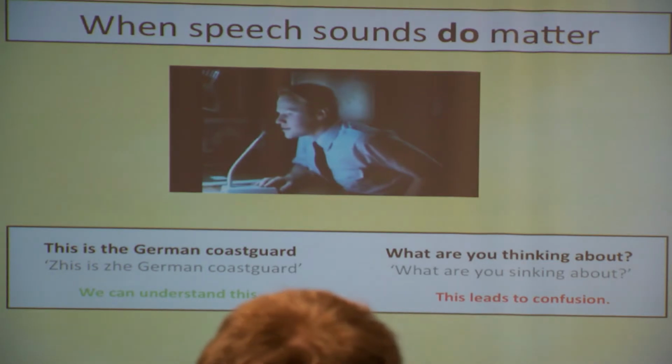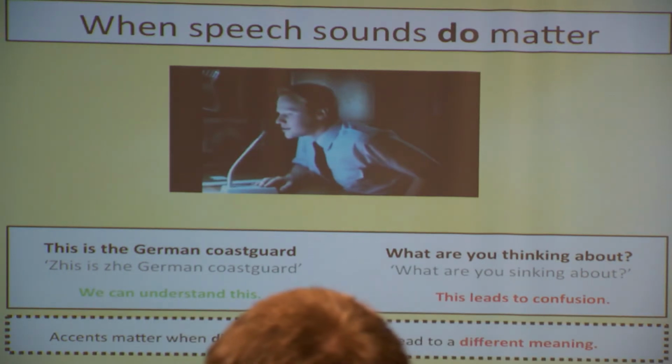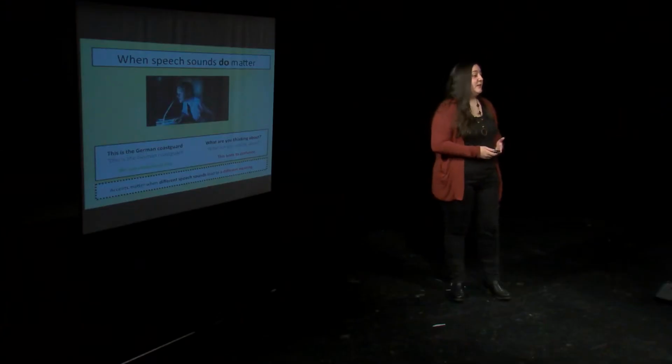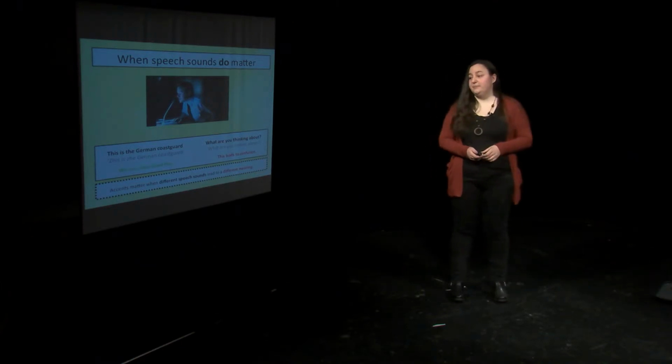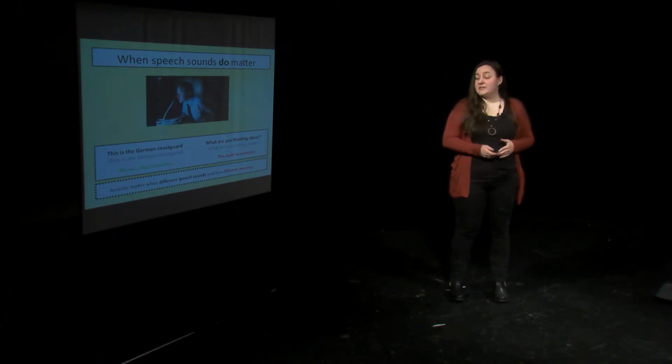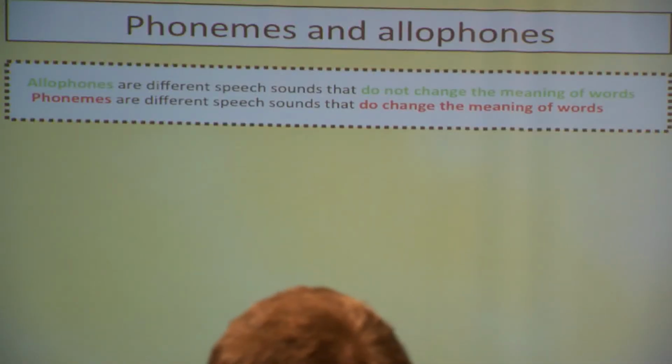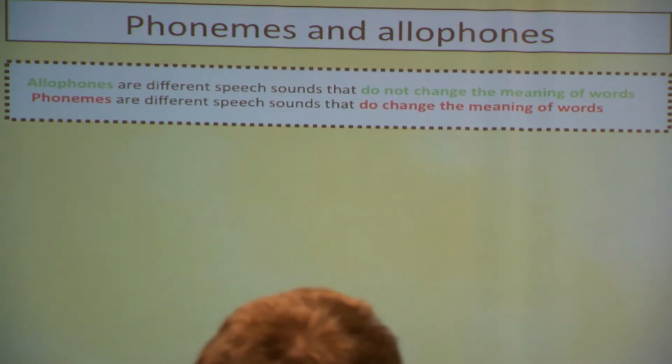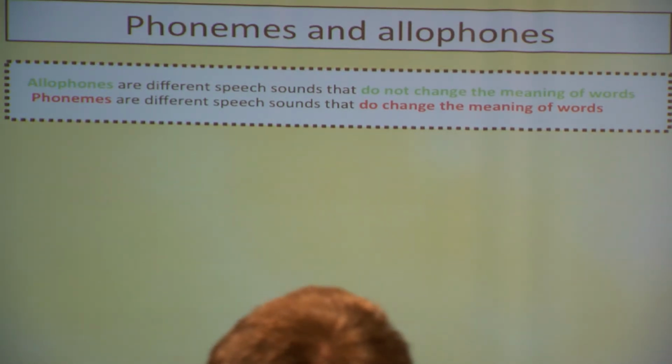And the important aspect is to focus on the bits that do lead to confusion, and that is the part that we will need to improve if we wish to change our speech sounds when learning a foreign language, specifically English. So accents matter when different speech sounds lead to different meanings, okay? And this is where we're going to introduce our new term of the lesson, which is an allophone, okay? You're already familiar with phonemes when you learned the sounds. We went through the alphabet, the phonemes, okay? And allophones are different speech sounds that do not change the meaning of the word, okay? So that is how they are different from phonemes, which do change the meaning of words.